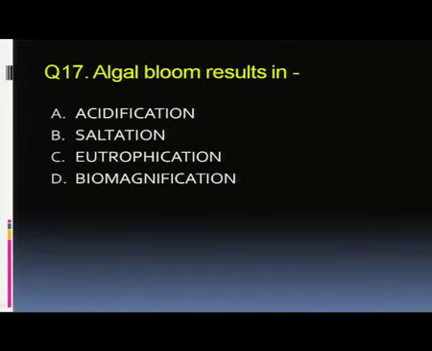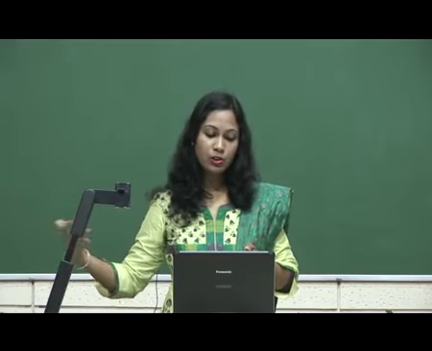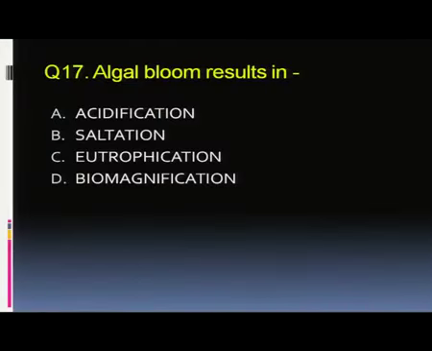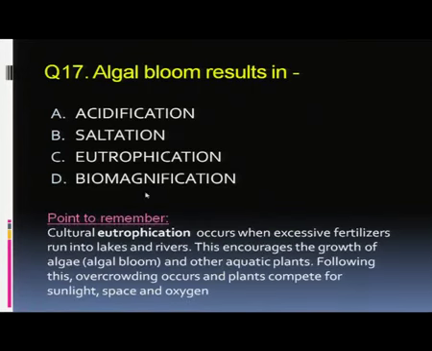Eutrophication is basically the natural aging of lakes. With time, we know that there is a succession and the lakes or water bodies gradually over a period of time will turn into land. But it has been seen that due to some human activities, there has been tremendous growth of algae in the water bodies, which is leading to acceleration of this natural process of eutrophication, and this is also known as